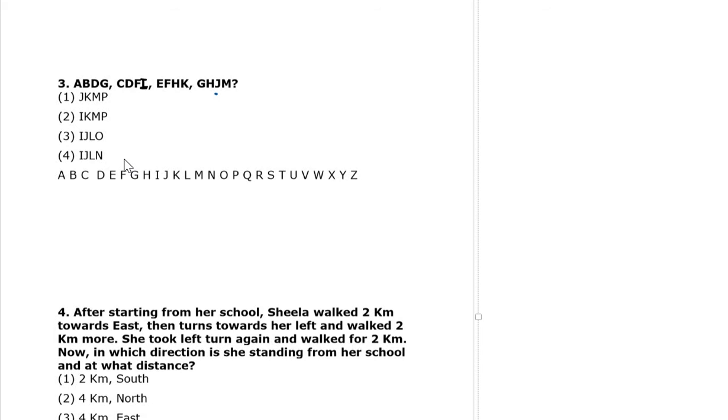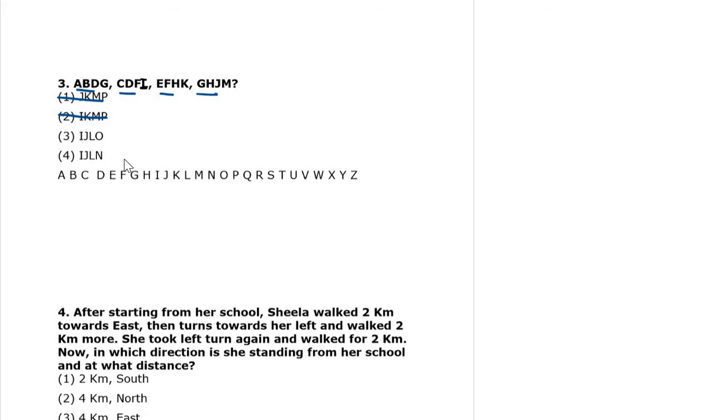Okay, then come to the question. It is A, B, D, G something. So you have to find out. Any idea? Check it once. How is it formed? Yes, it is A, B, C, D, E, F, G, H. Like that it is going on. Next one is G, H. After G, H, I, J. These two only consist I, J. So we can cut these two. So 50% cancel. Okay, we can find out the next two only.